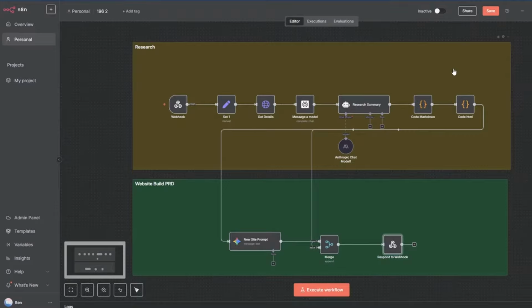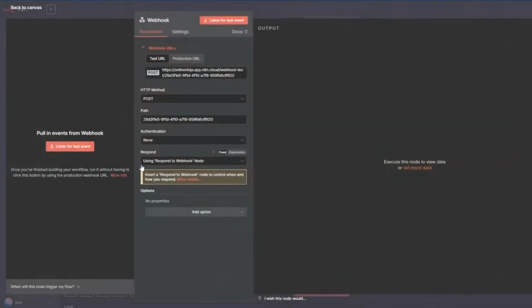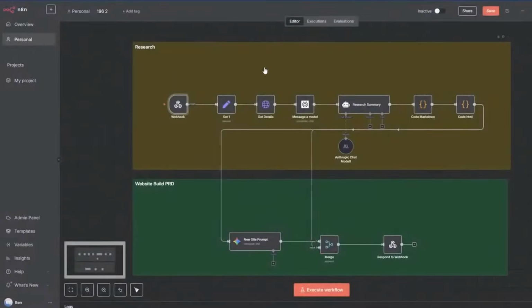The first time we run it, it's going to take a bit of time because it's got to go through all of this. Important thing to note: in your initial webhook here, you need to have "using respond to webhook" in this response setting, otherwise you'll get errors. Super important, and this is our endpoint. So we do need to copy this. Not just now though, copied it a bit too early. All right, so